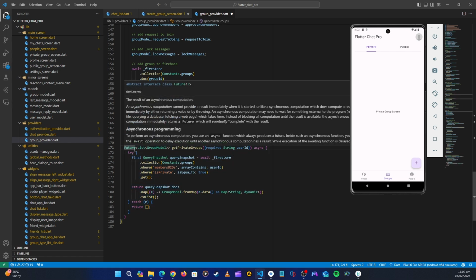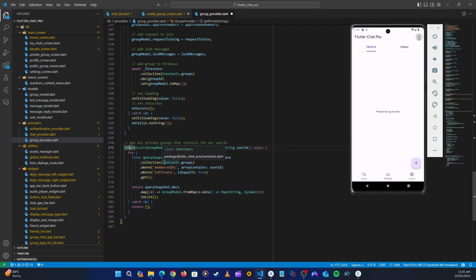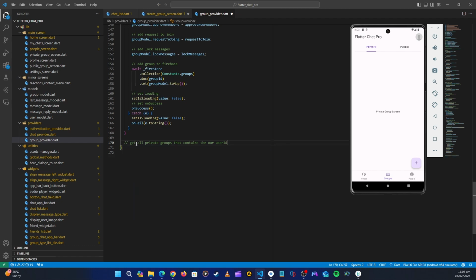Okay, we want to get a stream, not a future, because the future we will read it once. Why do we want to get a stream? Because even here you can see that we have a stream. Whenever someone sends a message, if we are here, it updates here. So even here we want a stream, not a future. Okay, so maybe if it won't create it, we'll create it ourselves. Let's remove this, and then here let's say get a